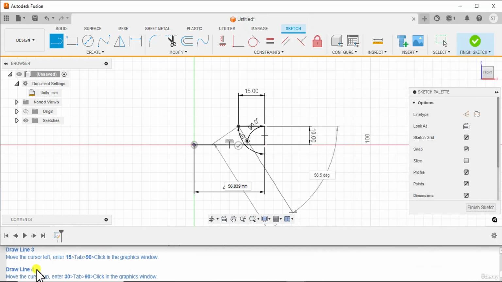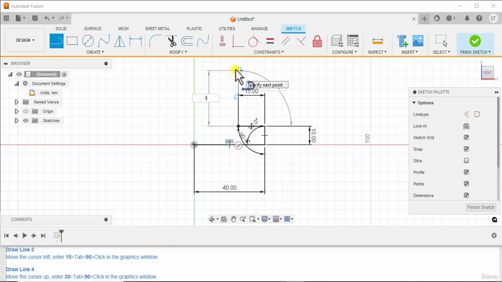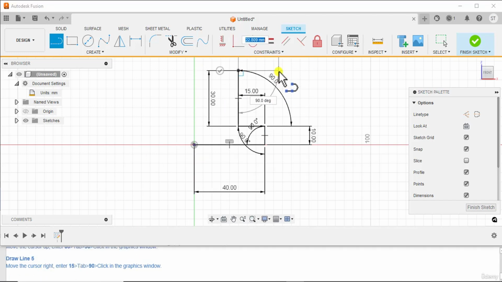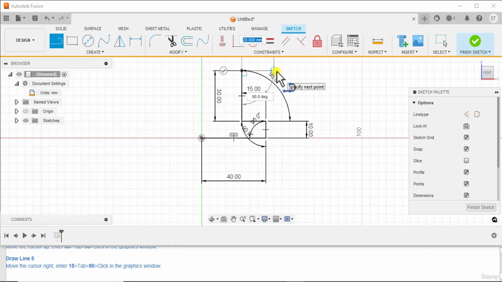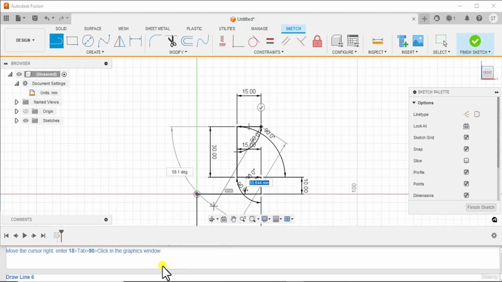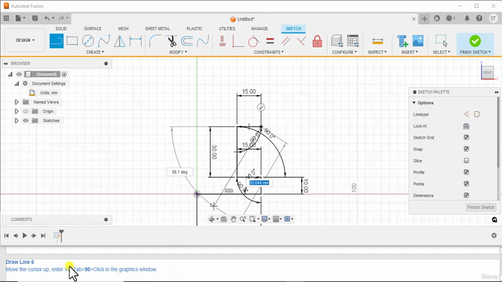Next, create line 4: 30, tab 90. Now create line 5: 15, tab 90. Similarly, create line 6: 10, tab 90.